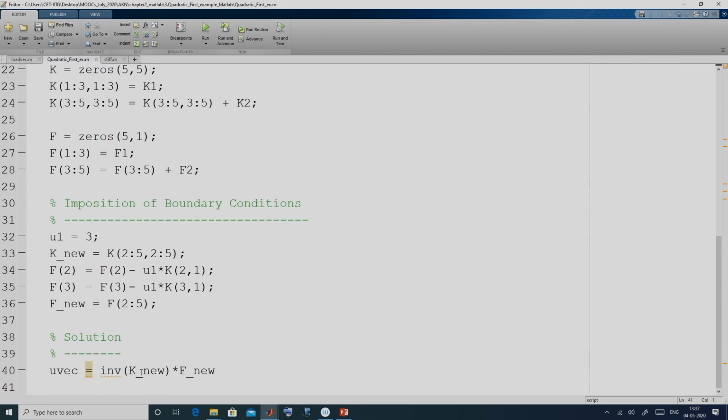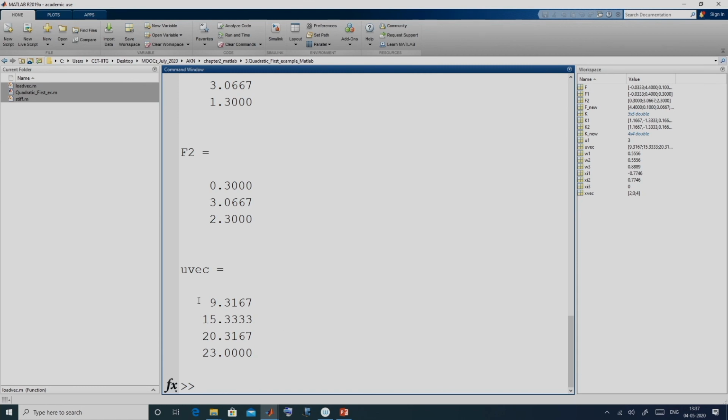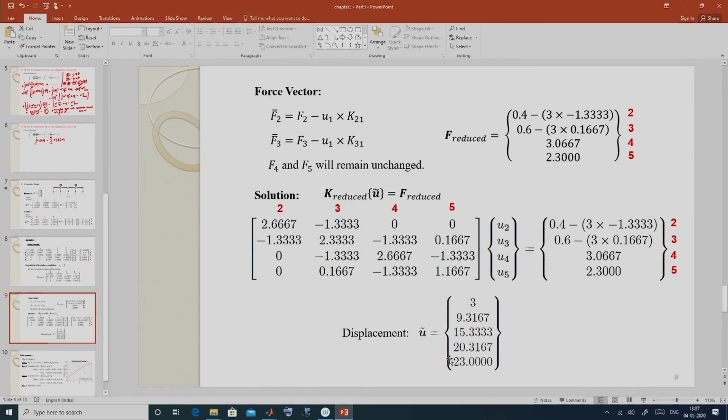So, inversion of K reduced multiplied with F reduced. If you see, these are U2, U3, U4 and U5, these 4 we get from our inversion.